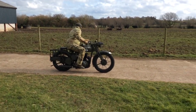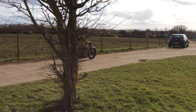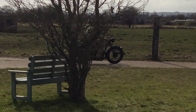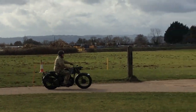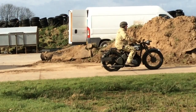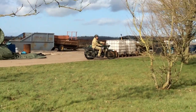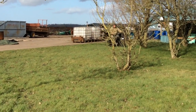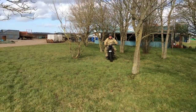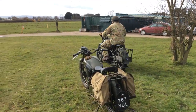It's got everything on it for 1943-44, well really 1944, and you can see it's actually got an original VOKES on it. Oh, lovely sound, M20s. Not that I'm biased, of course. It's got the PANNIER equipment, all the right stays, blackout mask, convoy load,